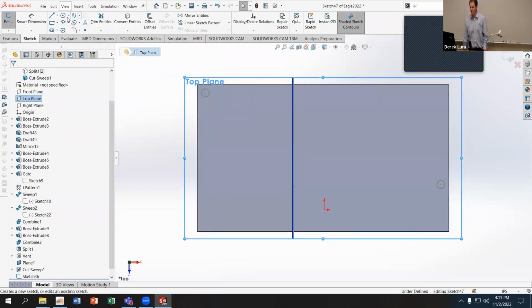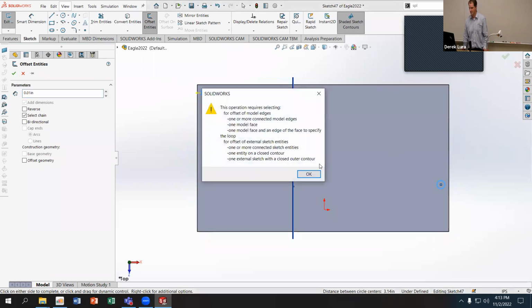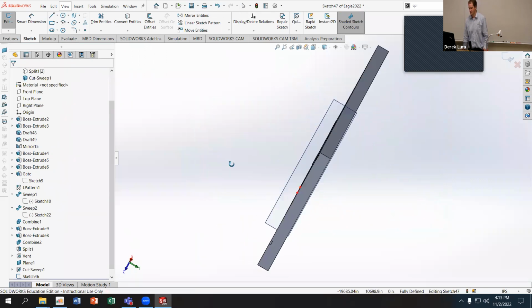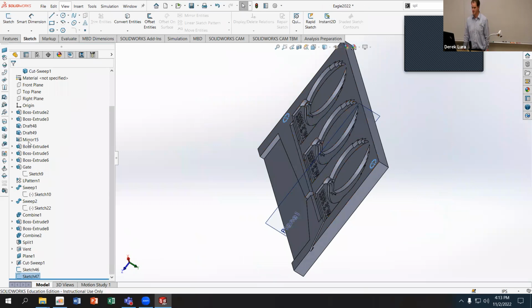What I'm gonna do is offset both of these circles by some very small number, just a clearance offset. It's like I can't do both of them at the same time, I gotta do them one at a time. So let's do offset, we'll do 0.01, accept, offset the other one, accept. And then I'm gonna use this outer set of circles